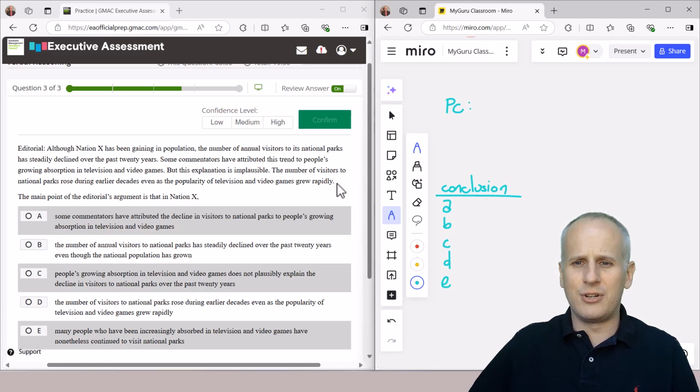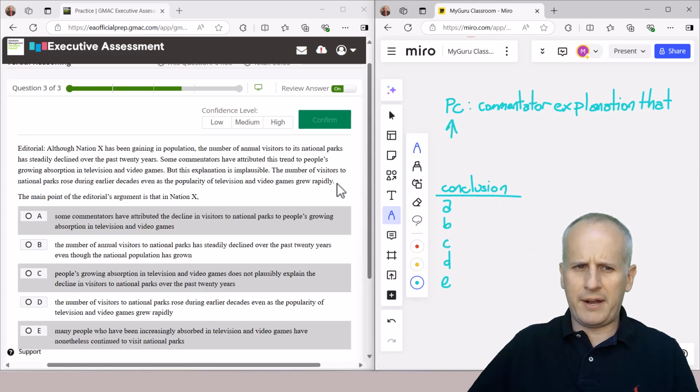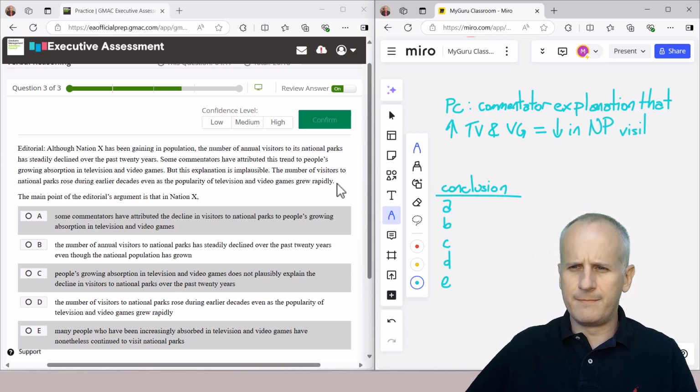So our predicted conclusion is that the commentators' explanation, that we'll just have an up arrow TV and VG for video games equals a decrease in NP for national park visitors,